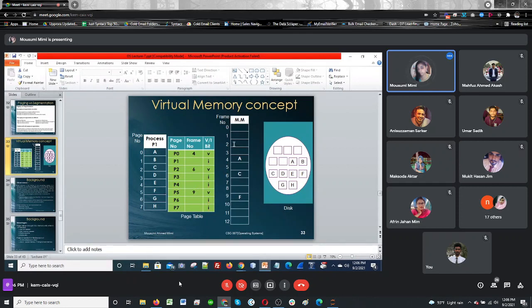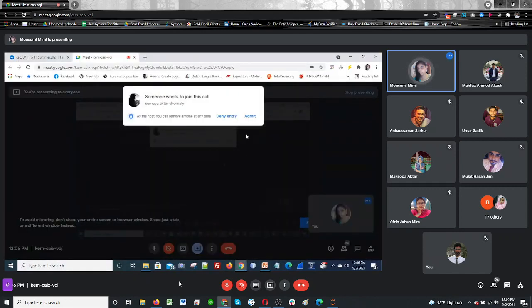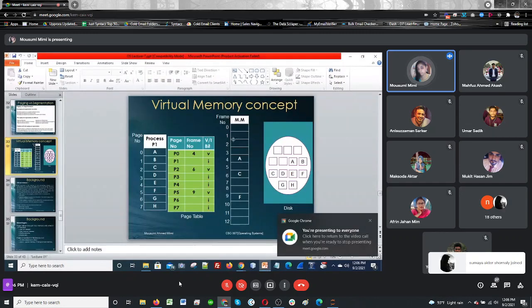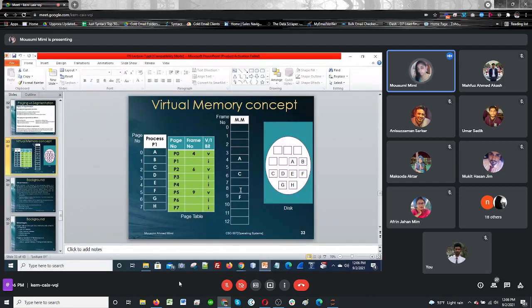That means in the main memory you can see several blocks, and the blocks provide the frame numbers. You can also see that not all of the blocks have processes. Only frame numbers 4, 6 and 9 have processes A, C and F. Though I have processes A to H, now only my three processes A, C and F are running. So that's why